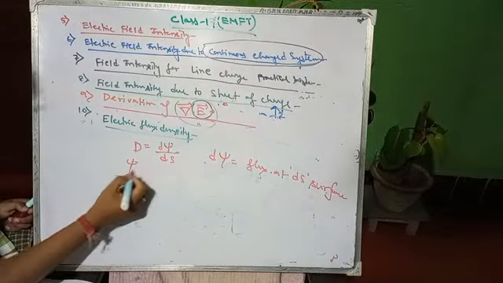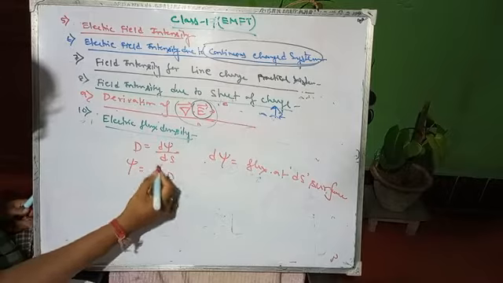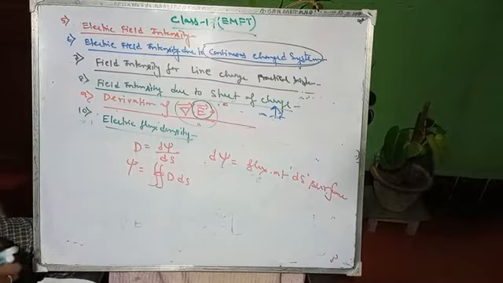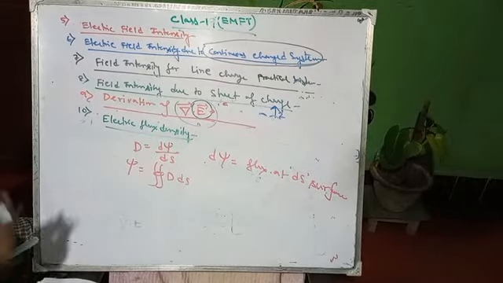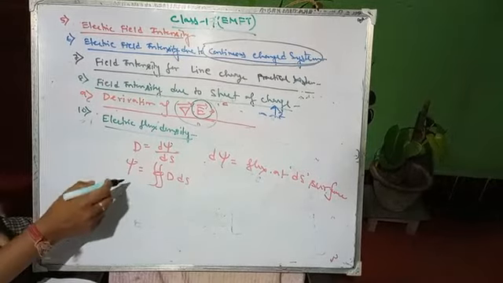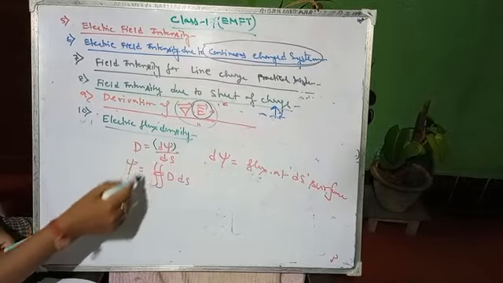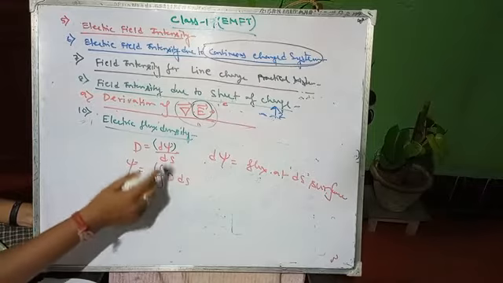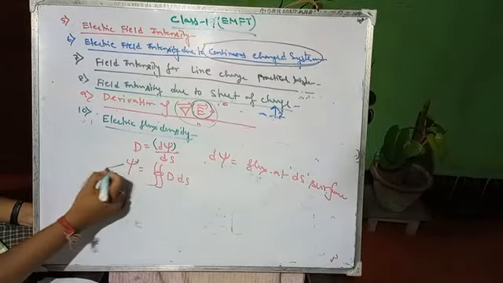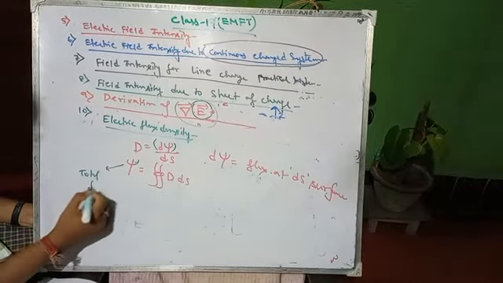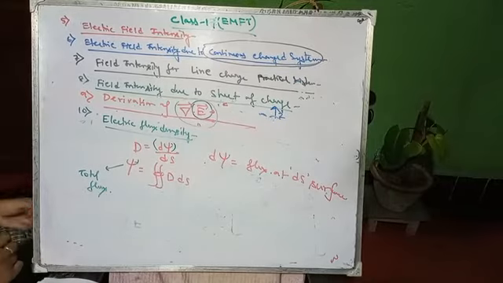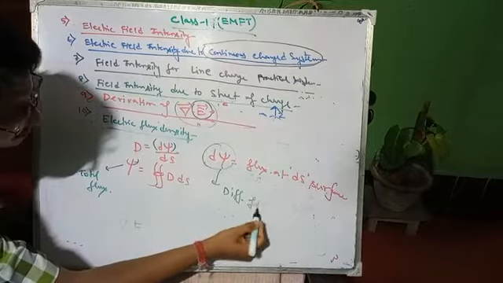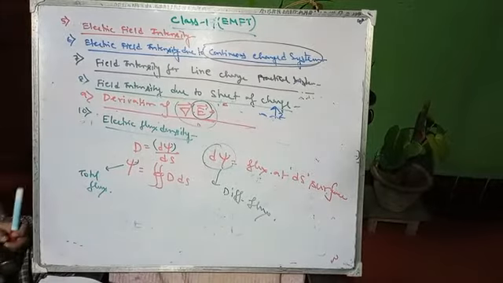So what is phi now? It is the integration of D dot ds, a double integration, and it is closed. Always remember, it is a closed surface. Inside a closed surface ds, the differential flux is d phi, and if we find the overall part, it will be the double integral of this. So this is the total flux, and this is your differential flux.